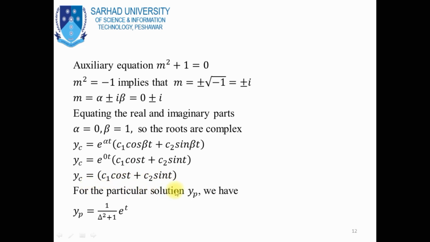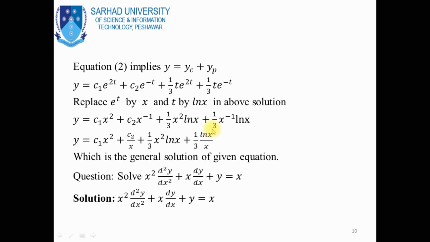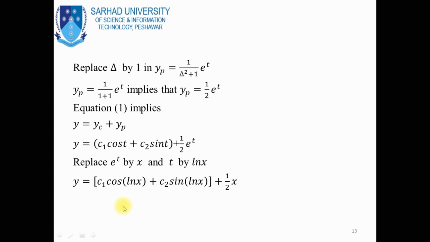Now for the particular solution yp, we have yp is equal to the inverse operator 1 over del square plus 1 upon e power t. E power t is the given function on the right hand side of the given differential equation. You see over here, in the given differential equation actually we have x, but by substitution this x is equal to e power t. So the inverse operator upon e power t gives the particular solution. Now replace this del by 1. We obtain the particular solution 1 over 1 plus 1 e power t,